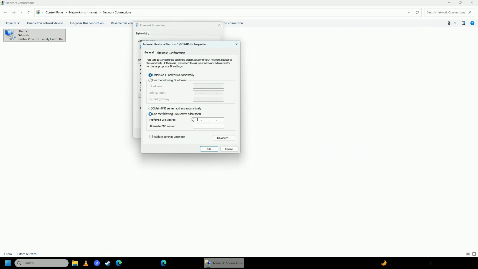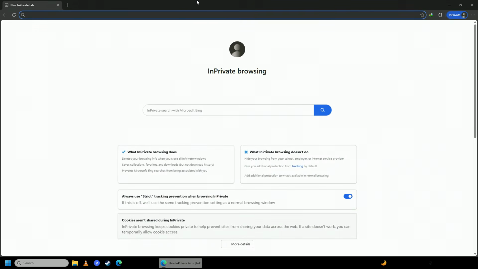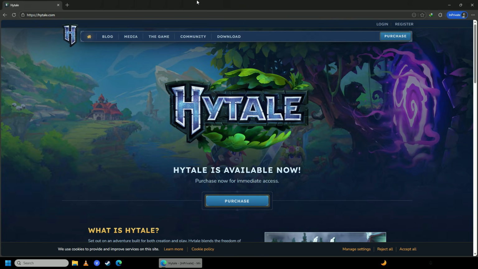Now click use the following DNS server addresses, write in here 1.1.1.1, and in the alternate DNS you're going to write 1.0.0.1. After that click OK, and now open up your web browser, go on to hytale.com, and then click on